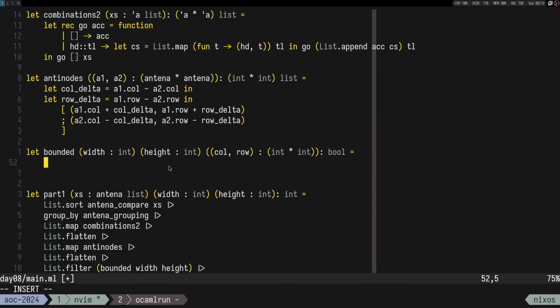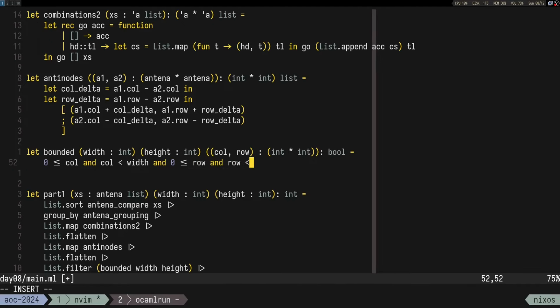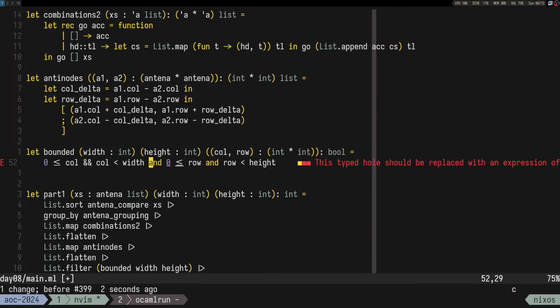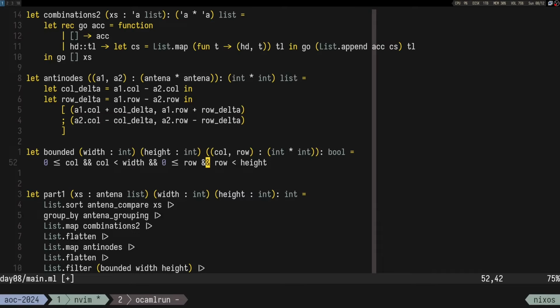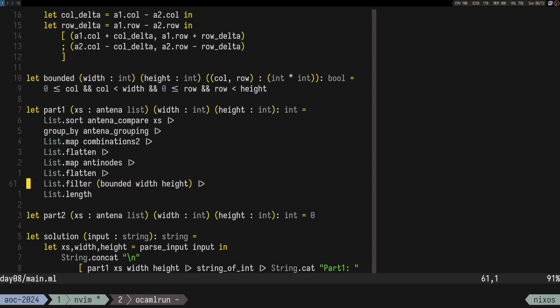So we want the following: 0 to be less than or equal to column, and column to be less than width, and also the same for row with the height. Okay, so it's like an and. Okay, whatever. So that's bounded. So that's gonna give us the bounded ones,